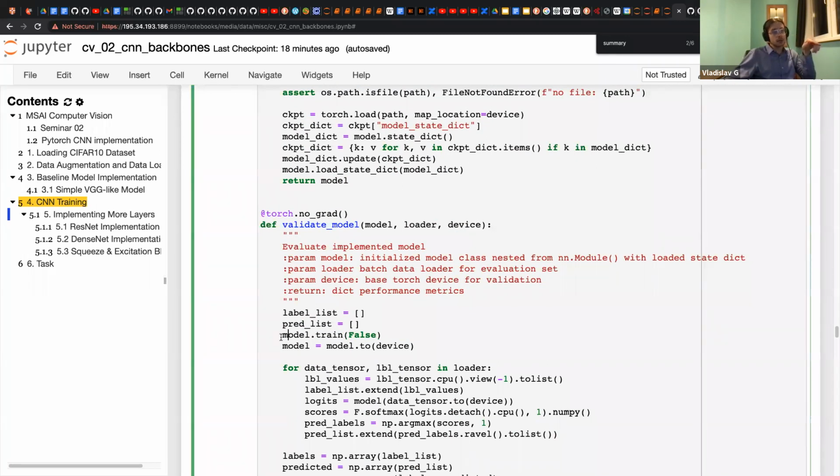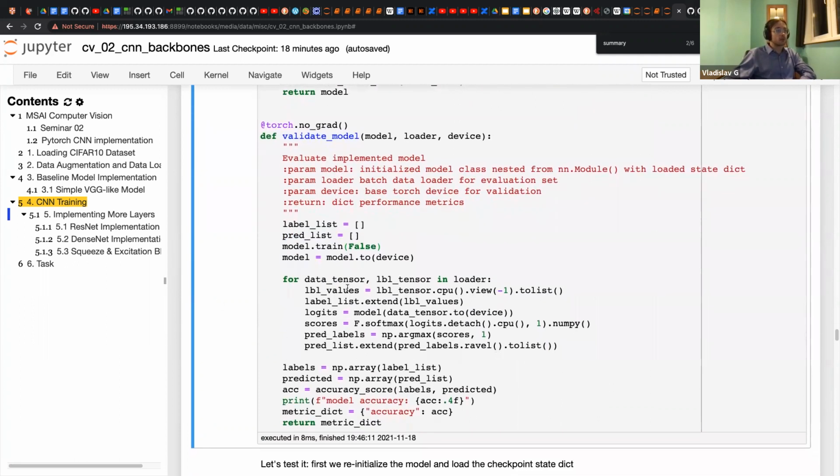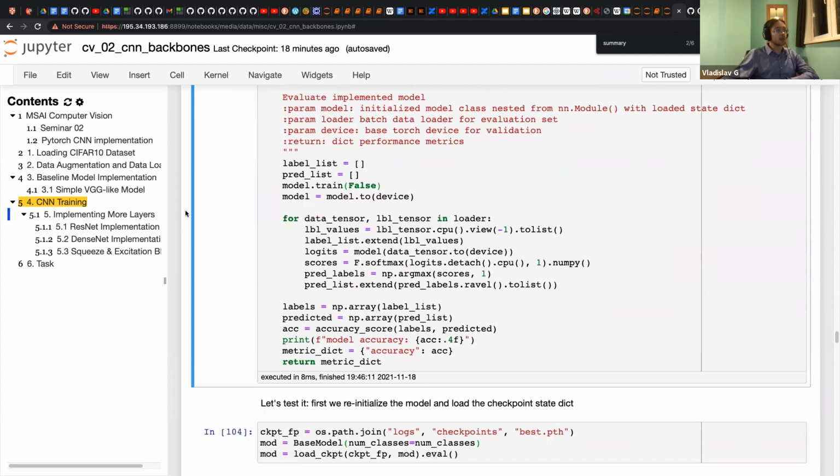It already has all these small things that I don't want to bother myself with. Okay, here we just count our predictions and metrics for them. So maybe nothing more interesting.